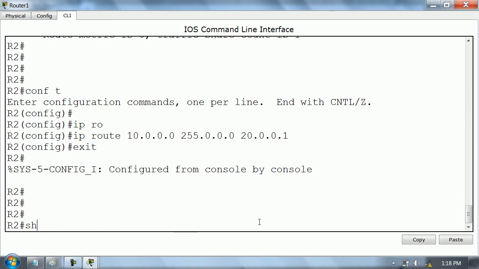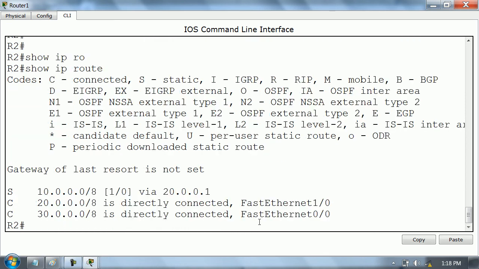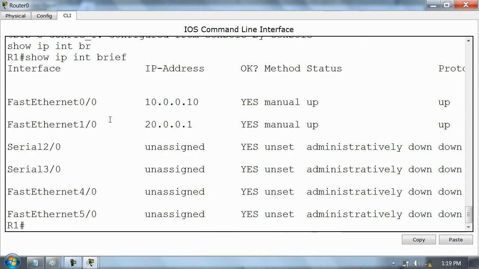Show IP. This command is used to check full routing table. S means static. 10.0.0.0. 1 is, 0 is via 20.0.0.1. It means whenever R2 has to send traffic to 10's network, layer 2 MAC addresses of 20.0.0.1. Fine. Same is the case with R1. Show IP route. Next stop is